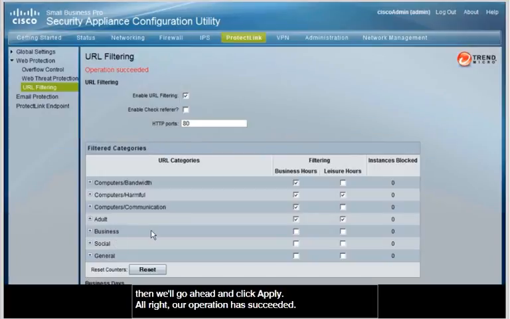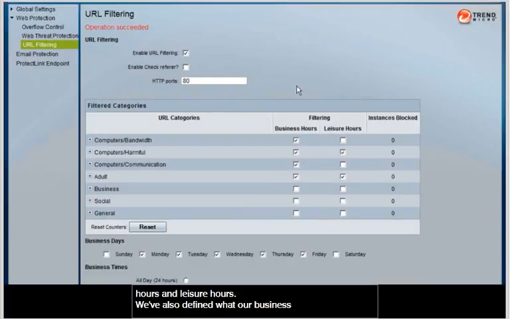All right, our operation has succeeded. We've successfully applied URL filtering during business hours and leisure hours. We've also defined what our business hours are, and we've enabled web